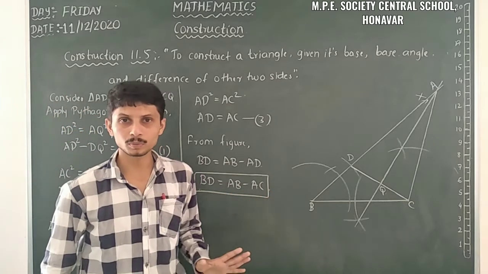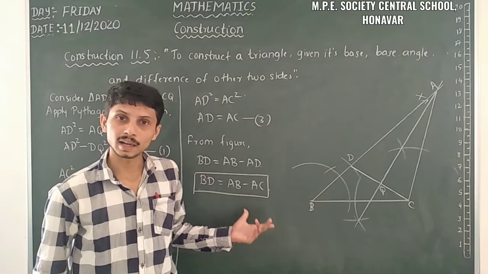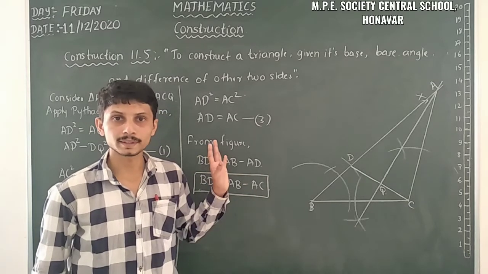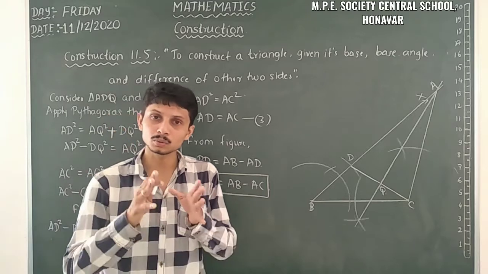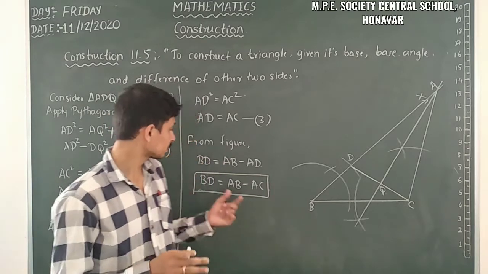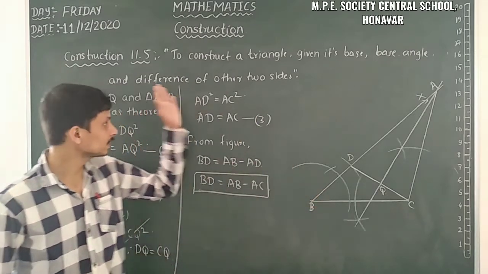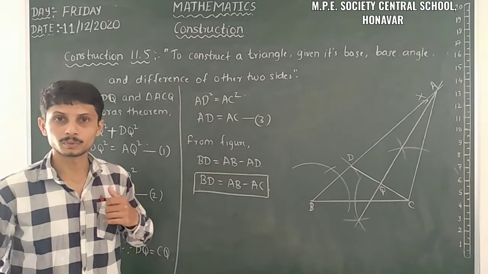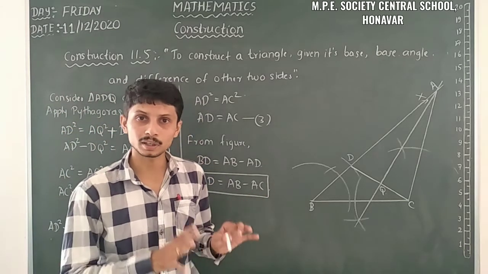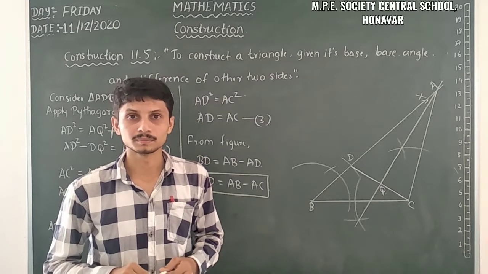Every time there is no need of the proof. Here it is only the clarification about the proof. So you have to know that. When you have the construction, just write only the construction. When you have to give the clarification about why BD is equal to AB minus AC, only then you have to write this proof. Otherwise, no need of this proof. From your knowledge and understanding, you have to keep it in your mind.